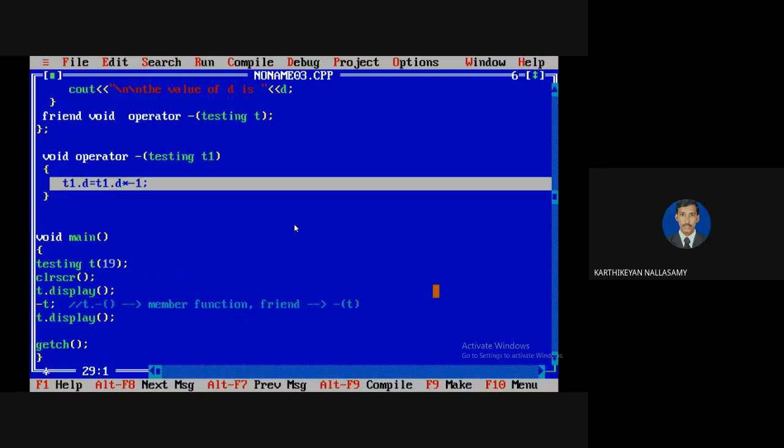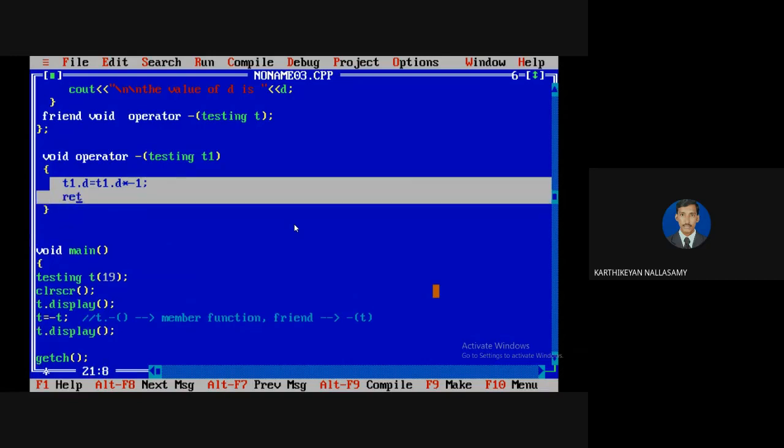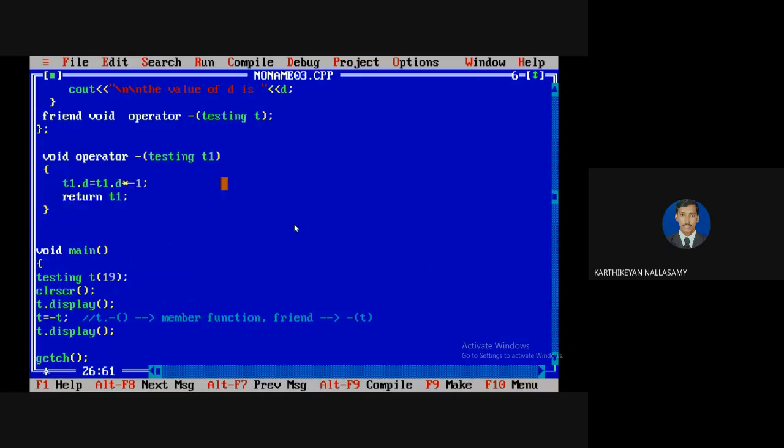Whatever changes you make in the parameter object, it takes only the copy of the object, so it won't be reflected. So you have to assign like this, then you have to return t1. Return the formal parameter, so you have to change your void to the object type, which is the class name.